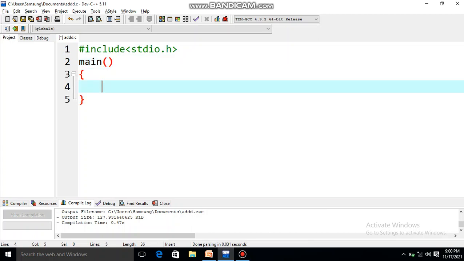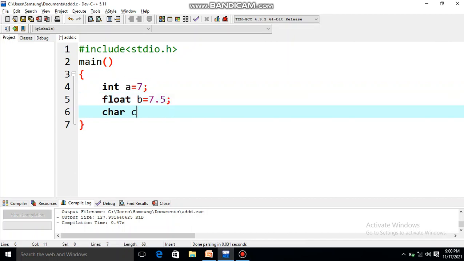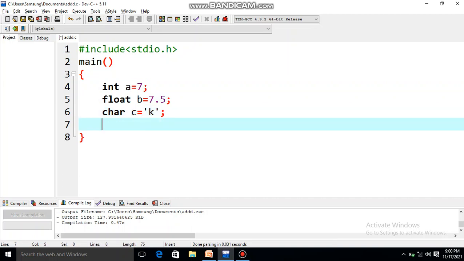Okay, now here I am going to declare a few variables. int a equal to, suppose, 7, then float b equal to some floating point number, then one character variable also I am declaring, let the value be 'k'. So now using the sizeof operator, I will try to show the size occupied by variables a, b and c. So here I will write, size of a is %d.